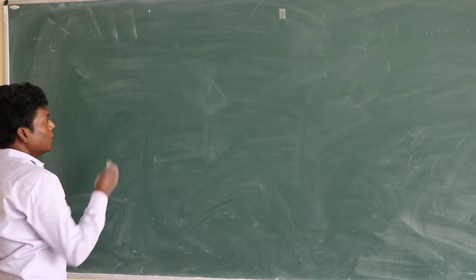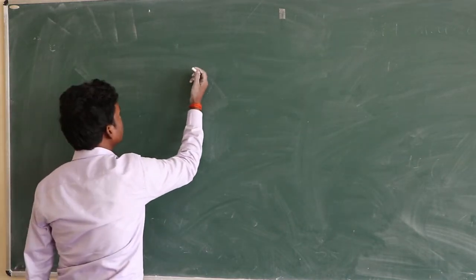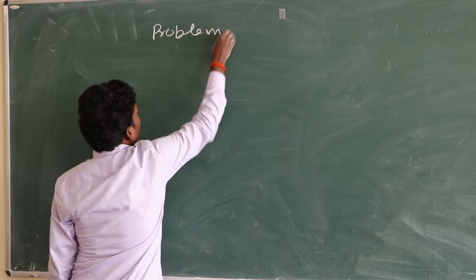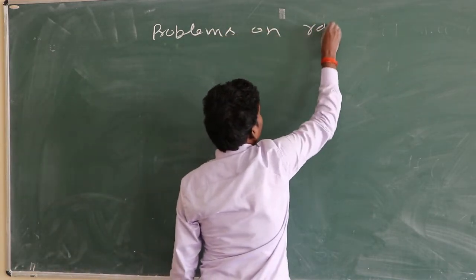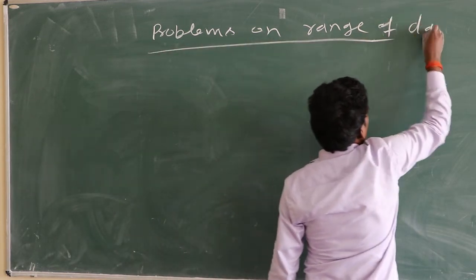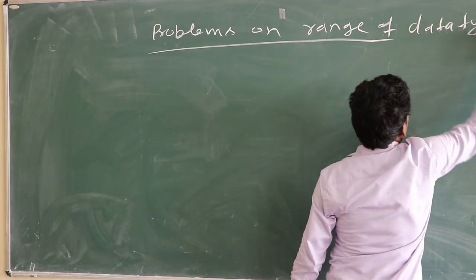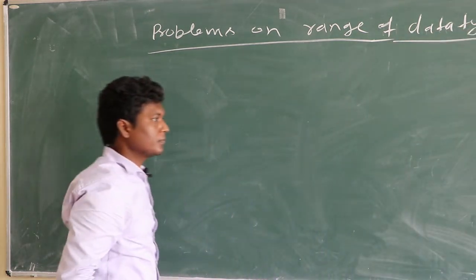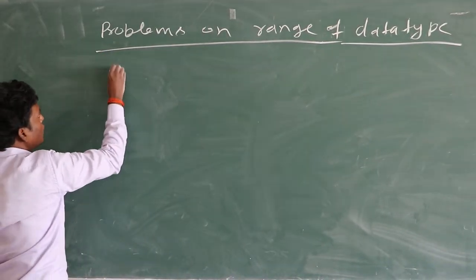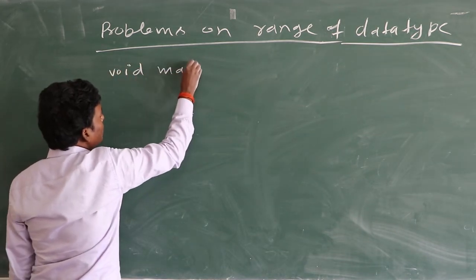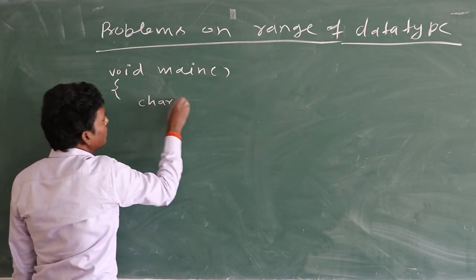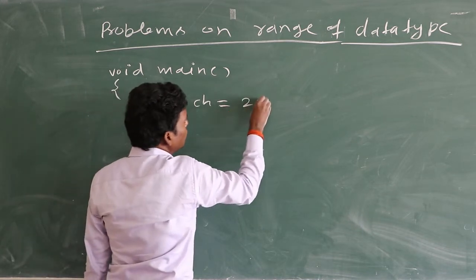Some more questions on data type. Problems on range of data type. void main, char ch equal to 292,